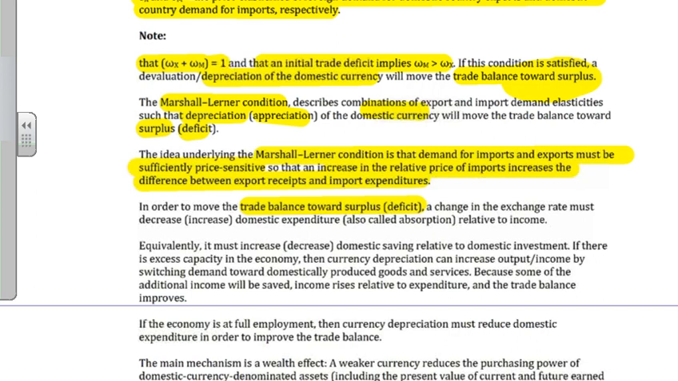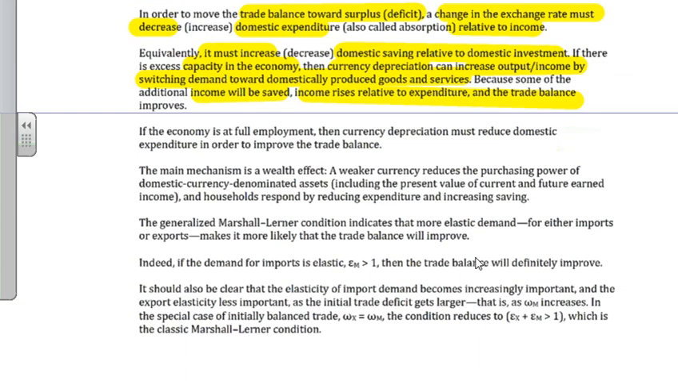Let's talk about a surplus. A change in the rate must decrease domestic expenditure relative to income, and of course the other side will be as well. Same side, it must increase domestic saving relative to domestic investment. Because if there is excess capacity in the economy, currency depreciation will increase output or income by switching demand towards domestically produced goods and services. Why? If there's additional income, some of that income will be saved, income rises relative to expenditure,